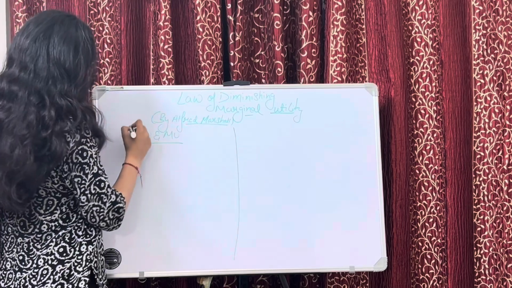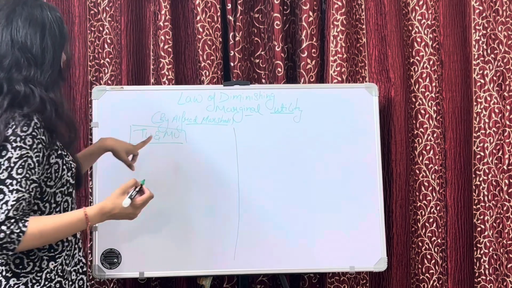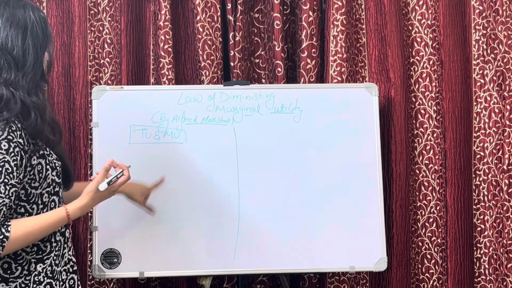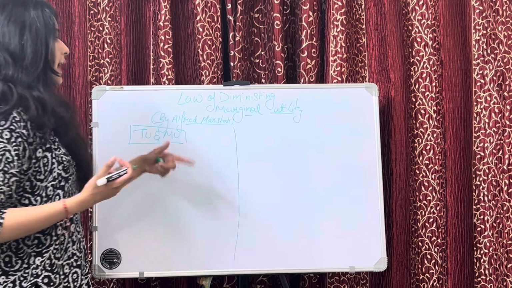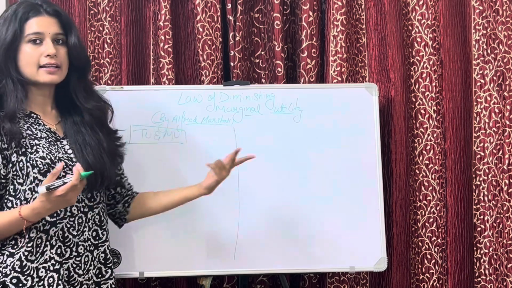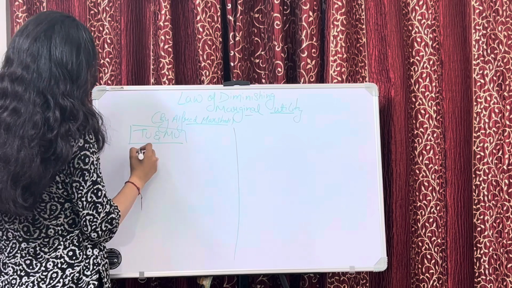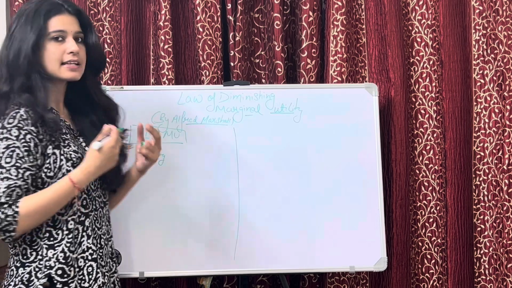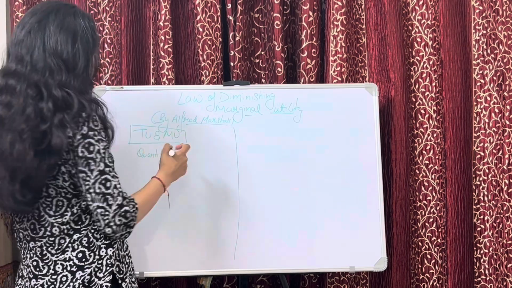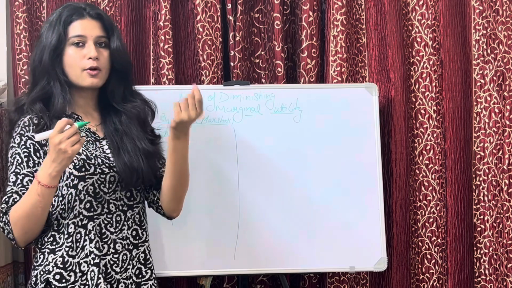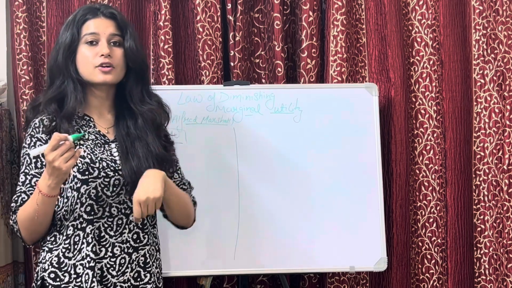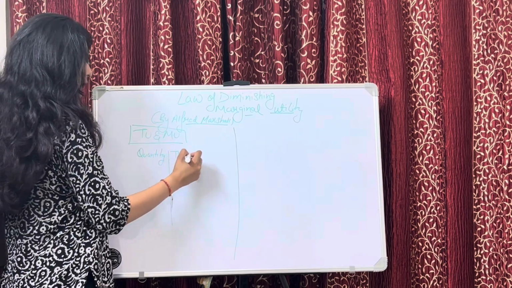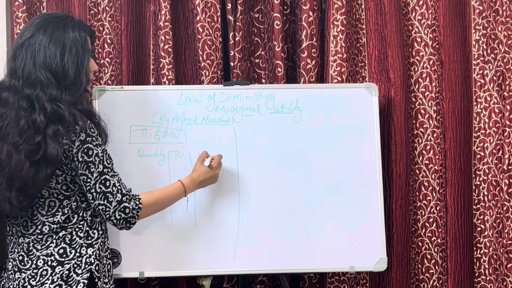So we are making the table of total utility and marginal utility. I've already discussed how to calculate the marginal utility. From your total utility we'll calculate the marginal utility, and on the basis of the table we'll draw the diagram in today's class. Here I am taking the quantity. Quantity is nothing but the units you are consuming, like I told you, one box of pizza, second box of pizza, third box of pizza. So here we are taking quantity, here total utility, and here we are going to calculate marginal utility.